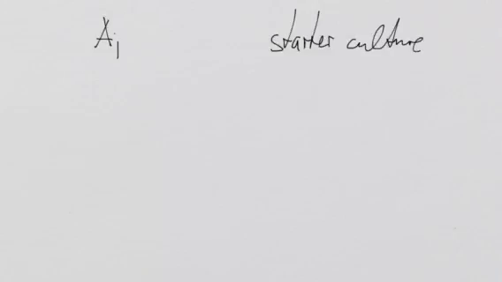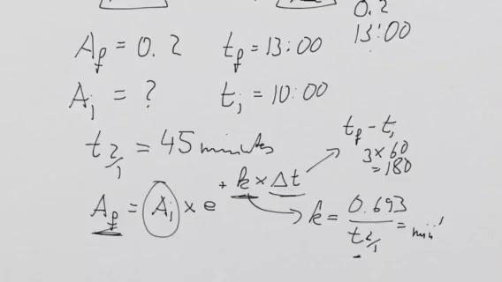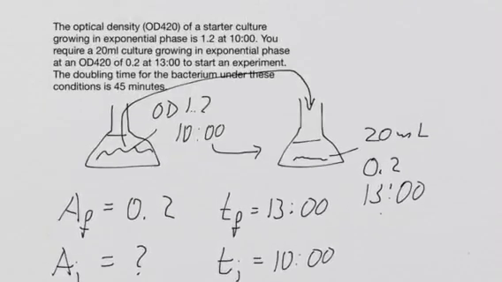We can do that by using C1 V1 equals C2 V2, because the absorbance relates to concentration. So that is how we can find out what is the volume of this starter culture